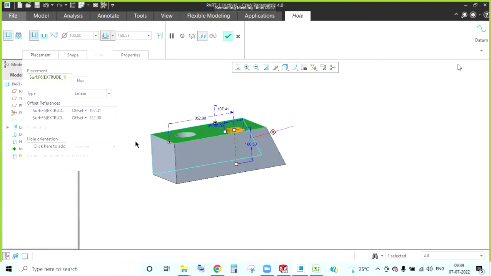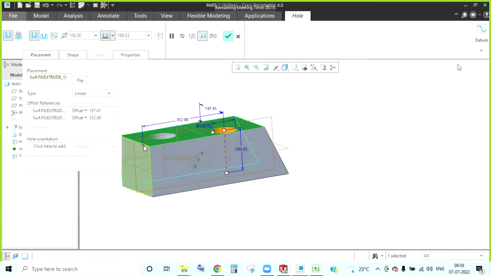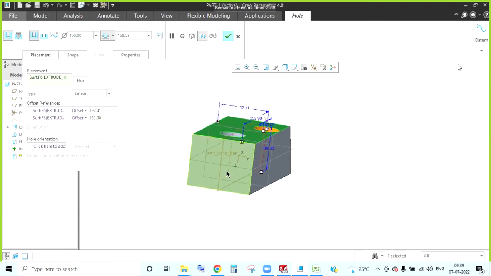Why? Because suppose this edge is gone, then this particular hole option will be a default, will be an error. Why? Because you have selected that and the next time the edge is not there. If something happened and the edge is gone, it will fail. So if you select the surface, even if 0.02 mm of the surface is remaining, it will take that value from that. So it is always preferable to take